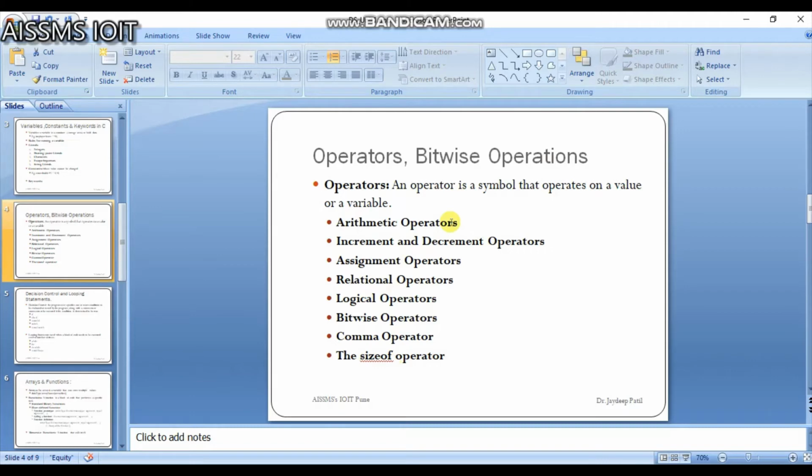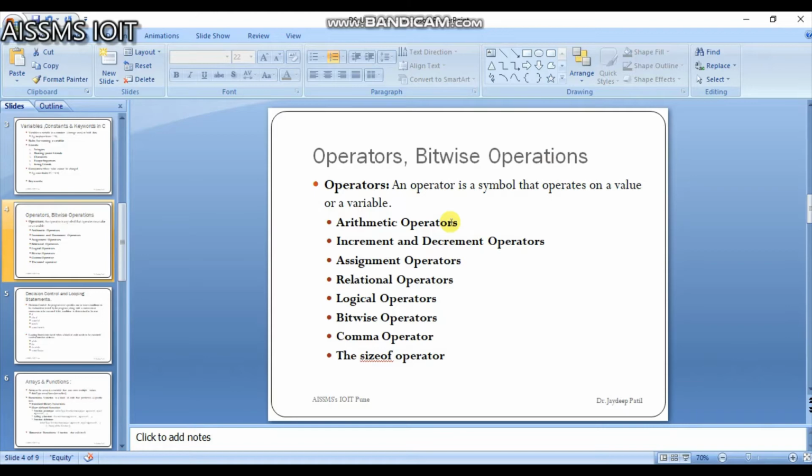C programming has two operators: increment, that is ++, and decrement, that is --, to change the value of the operand by one. If you use ++, it will increase the value of the operand by one. If you use --, it will decrease the operand value by one.